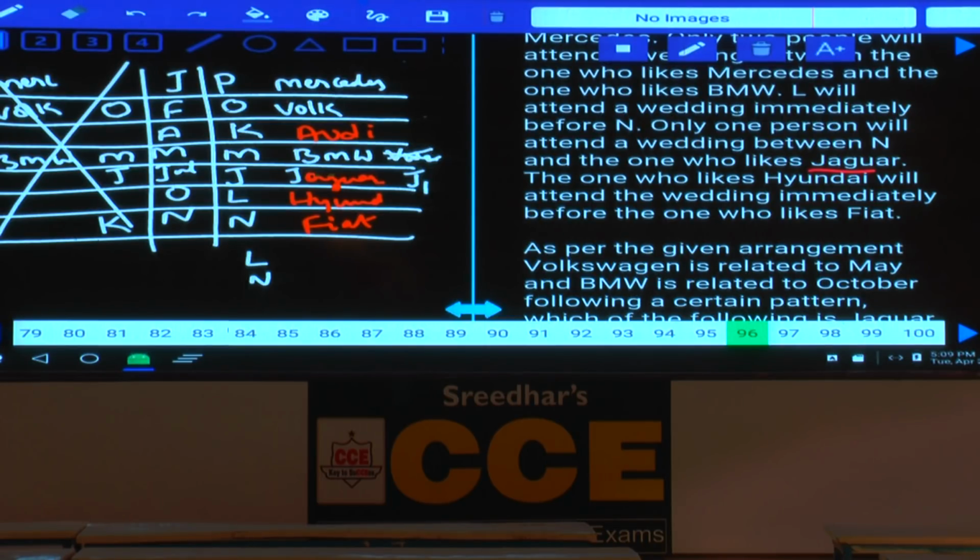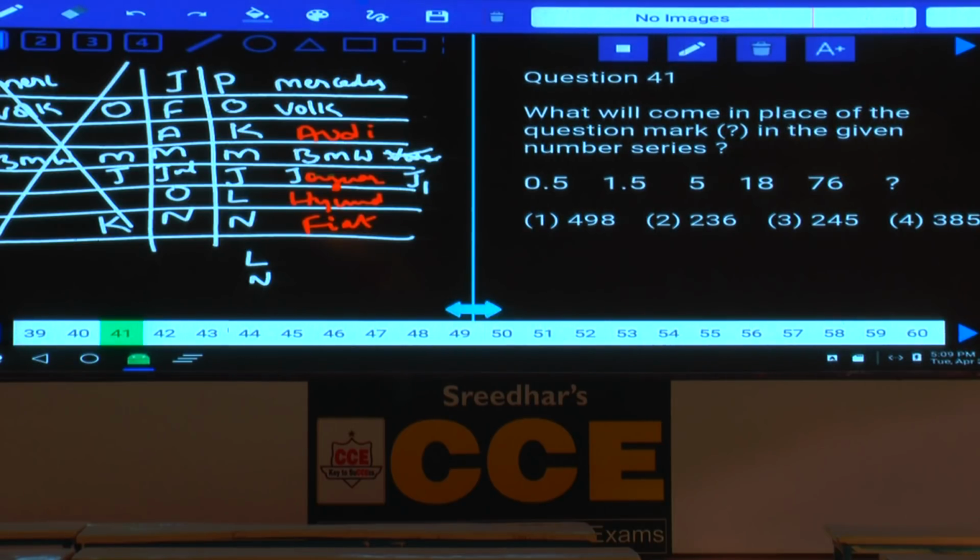Question numbers please, quick, because you are supposed to conclude the session by 5 o'clock. Some students are waiting outside. Their session will start from 5 to 8, isn't it? 41 to 45, any particular question? If you have all the 5 doubts, yes, you are very much welcome. Or else tell me the question numbers.